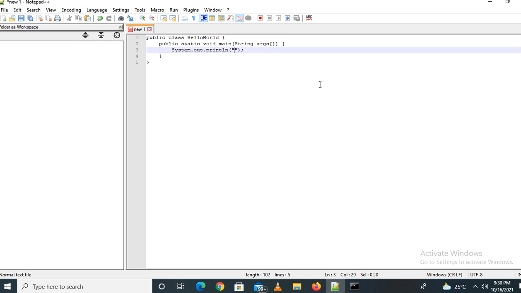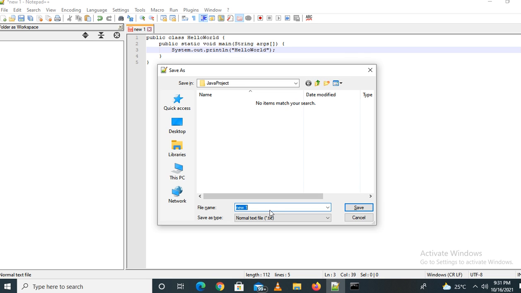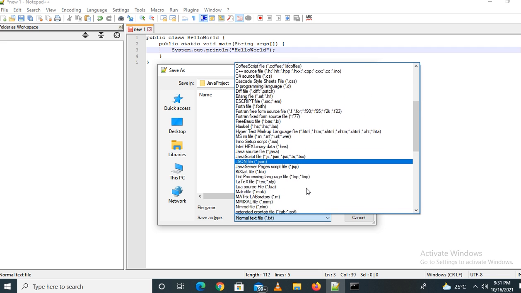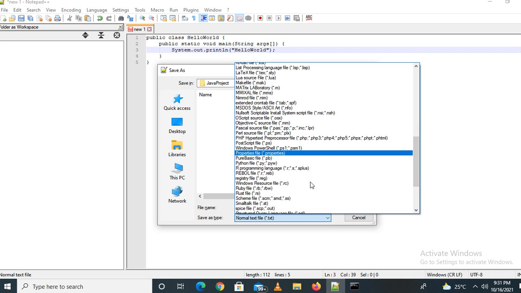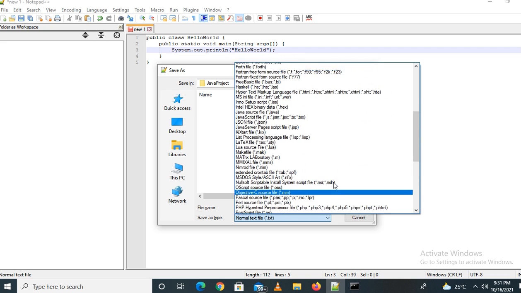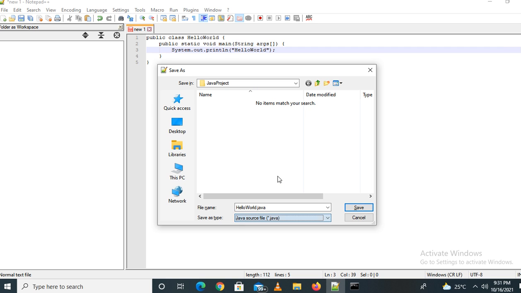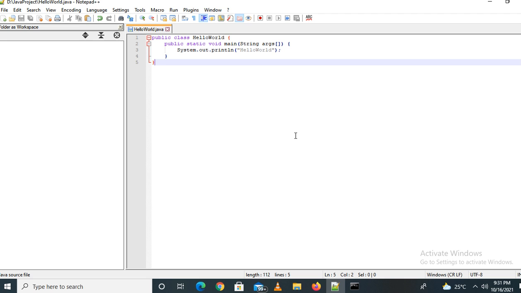Write hello world. Let's save it as HelloWorld.java. Choose the Java file type. This is the Java source file. Save it.